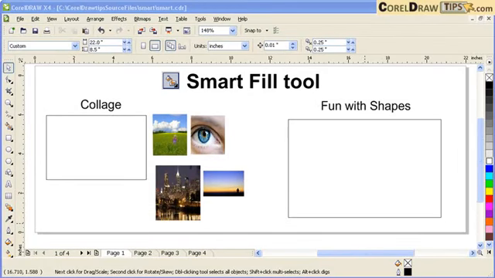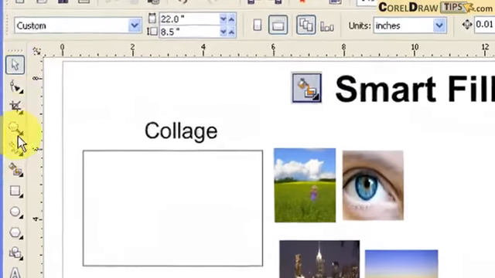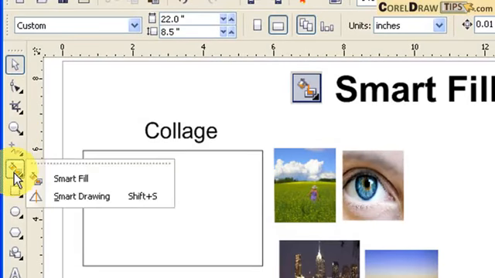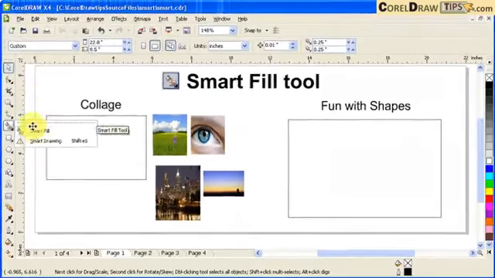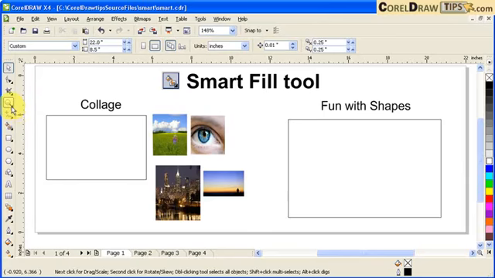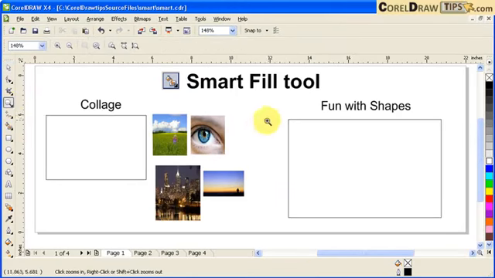This is a tutorial on the Smart Fill tool. The Smart Fill tool is in the toolbox, and it's in this option here. That's the Smart Fill. Okay, so what's the concept of Smart Fill? I'm going to show you,